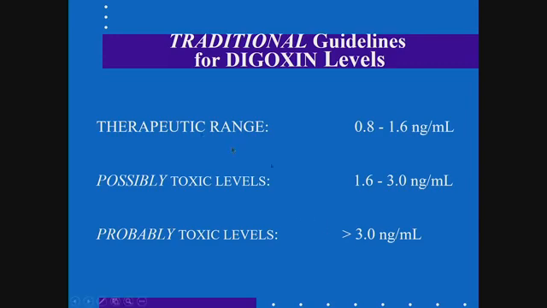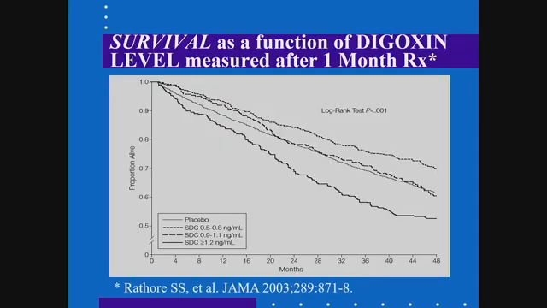In this instance, 0.8 to 1.6 nanograms per ml of plasma. It was considered that levels in the range of 1.6 to 3 nanograms per ml were possibly toxic, and patients that had levels of 3 nanograms per ml or greater were probably already having digoxin toxicity. But once again, based on